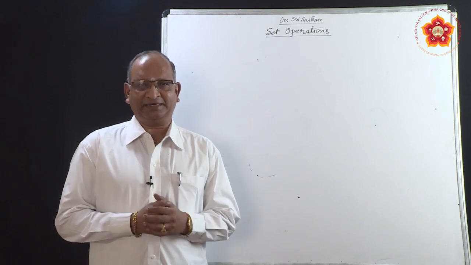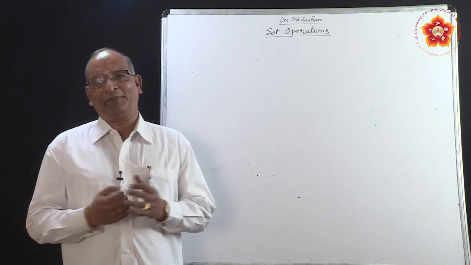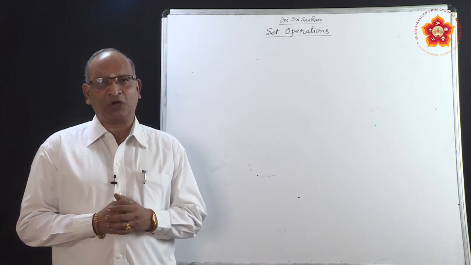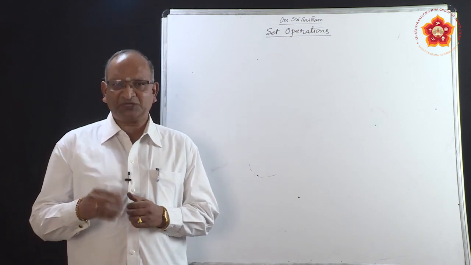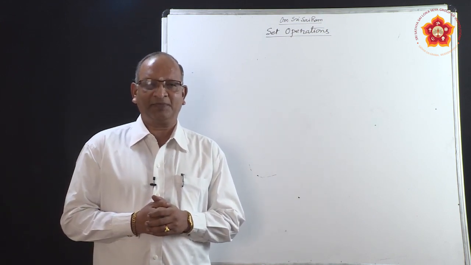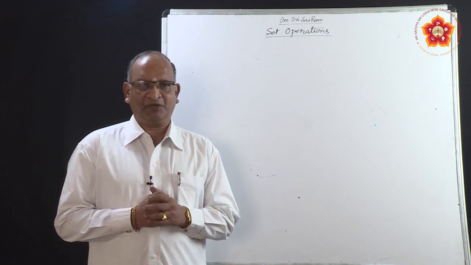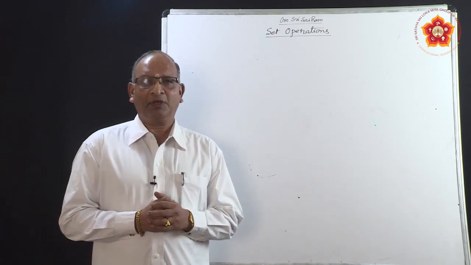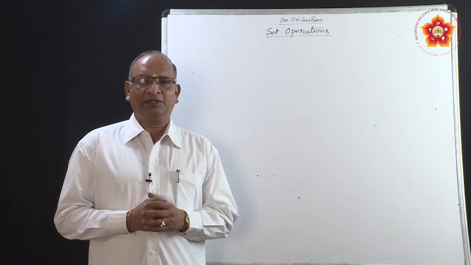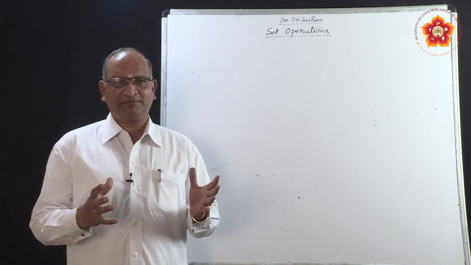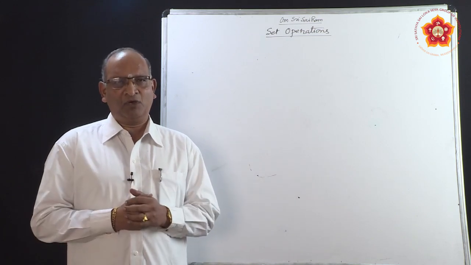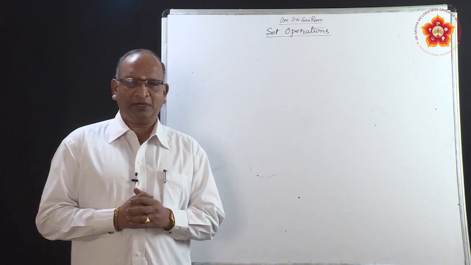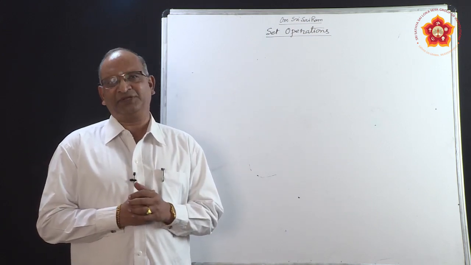In order to operate on sets, basically we have three operations. One is called union, second is called intersection, and third is called difference. But much before we go for set operations, there is something very significant which is known as Venn diagrams. What are Venn diagrams? The diagrams through which the whole of set theory can be presented in a very, very simple manner. When Euler, a great mathematician, found this, it was named after him.